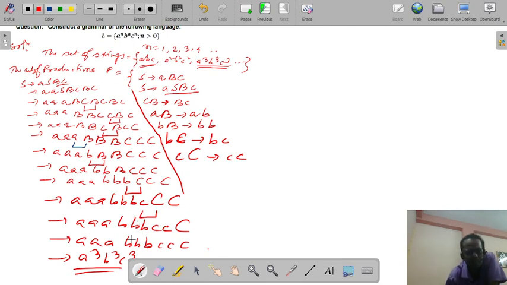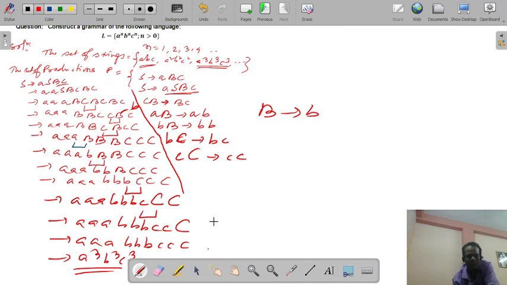So actually, why is this aB to ab required? Why this small b capital C to bc, small b, small c? Because if we change B to small b directly, then it will be a problem to place all the B's together.